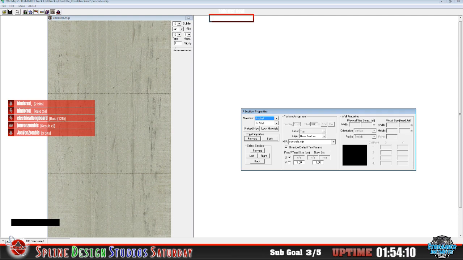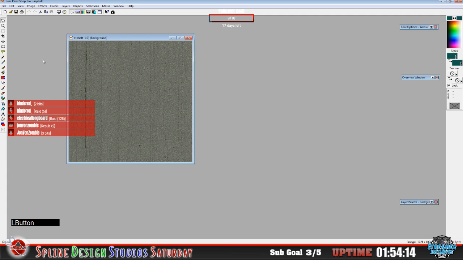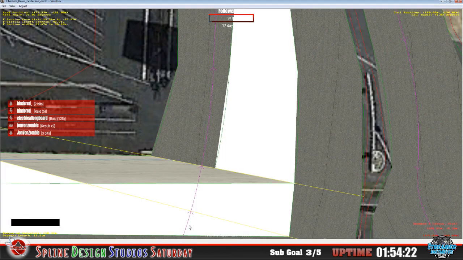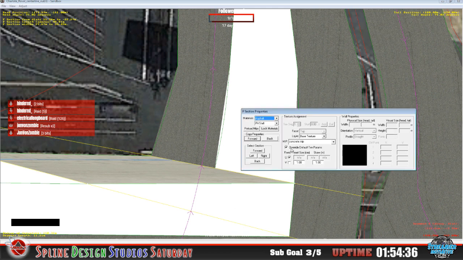So whoops, back into our, let me go ahead and close this out now I think of it. I was just showing that off earlier. We don't need that anymore. Okay, close that out. System's kind of struggling there just a tad. Alright, so what we need to do here is determine what is going to be our best texture size for this. Primarily you want to go 1-to-1, but